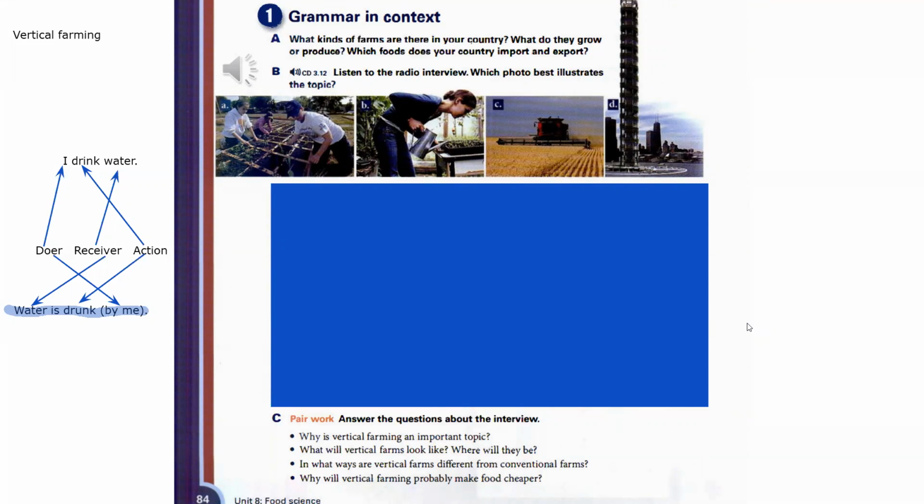No, where will they be? I don't know, in Japan or